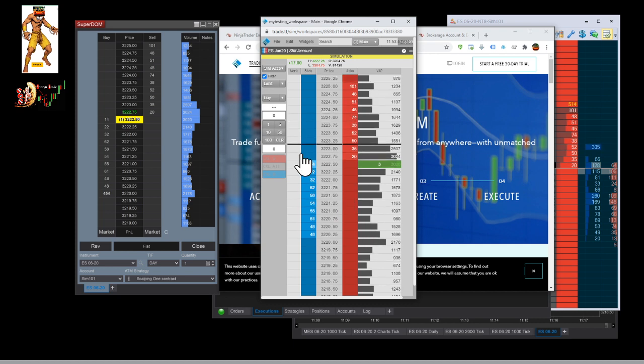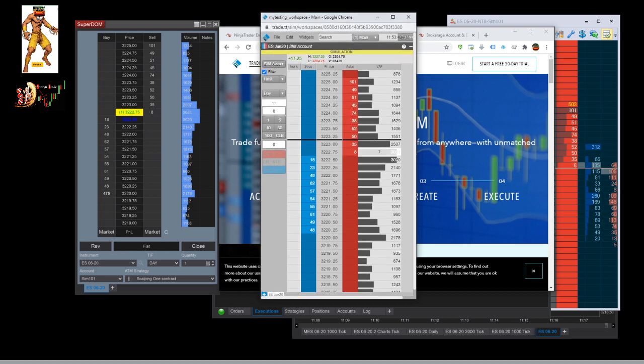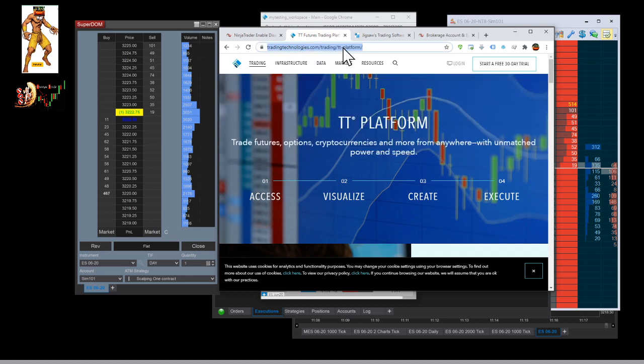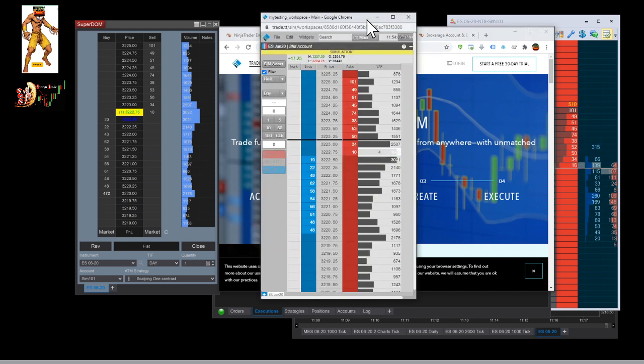And you see here I have the ES data that is connected. And I have the exact same data over here, right? So I think it's a good tool. It's a better tool than looking at this, and you don't need to activate any level 2, and you will have 30 days for free. Okay, so I'll post in the description the link of the website. Just create an account for free, and that's it.